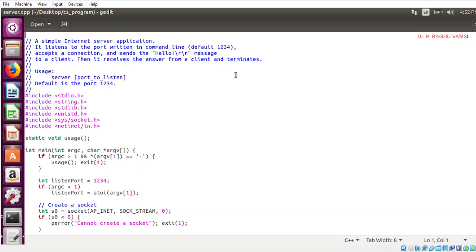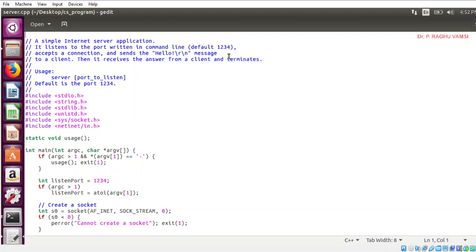Here we are going to use the command line arguments in the main method. That we'll see afterwards. Accepts a connection and sends the hello message to a client.